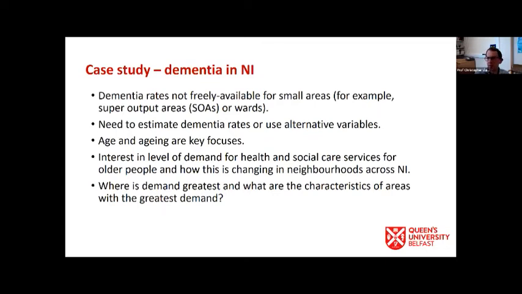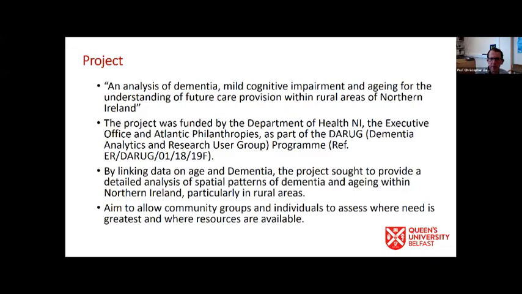And then obviously there's an interest in this level of demand for health and social care services, particularly, though not exclusively in this case, for older people, and thinking about how this is changing in neighbourhoods across Northern Ireland. So where is demand greatest, and what kinds of places might we see the greatest need, and where might that be changing? Where might there be, for example, as a proxy, a not very good one, but as a proxy, where do we see aging populations, and thus what implications might that have for a variety of different types of services? Might it be that we see certain areas falling behind because the services are ever less suitable or sufficient, I guess, for the population and the nature of the population change that we see in those areas.